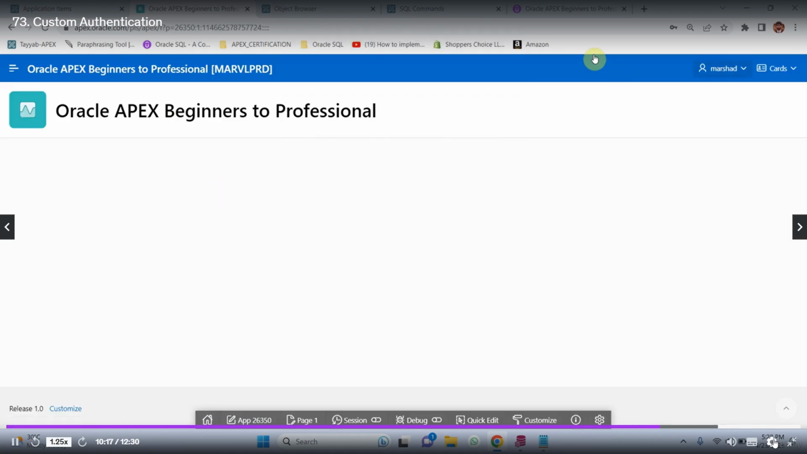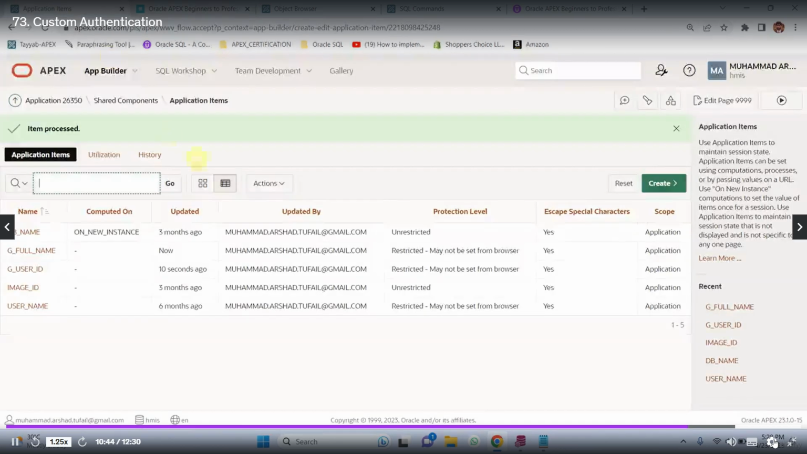So here you can see on the right side we have M. Arshad. So it means we are just showing the username here, but I want to show his full name. So if I want to show his full name, in that case we just need to alter some information in our